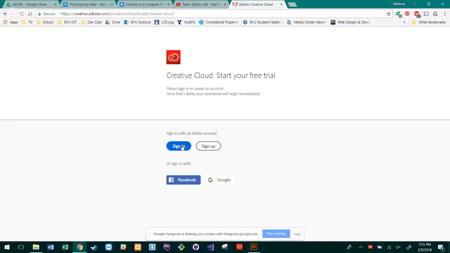So at this point, it'll ask you to sign in with an Adobe account. Essentially what you're going to do is your username is your netid at byu.edu, similar to what we do for Box. And at that point, before you even try to put in your password, it's going to automatically skip you out to CAS, or actually, sorry, it'll ask you if it's a personal or an enterprise account. You'll select enterprise account, and then it'll skip you out to CAS. You'll log in like you normally would for any BYU site, and then it should be able to let you